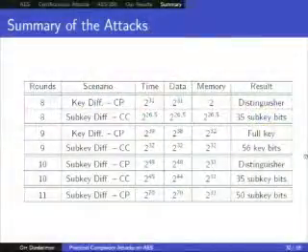But we didn't try to optimize this too much, so I guess you can actually improve this a bit. But it's not a real issue, I think. Okay, so this is a summary of the attacks. You can see whether it's a key difference, subkey difference, related key or related subkey, and whether it's a distinguisher, or you can retrieve some bits of the key or the full key. For example, the 9 rounds related key attack takes 2^39 time, 2^39 data, and 2^32 memory.